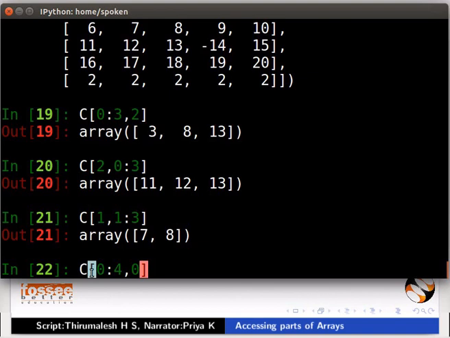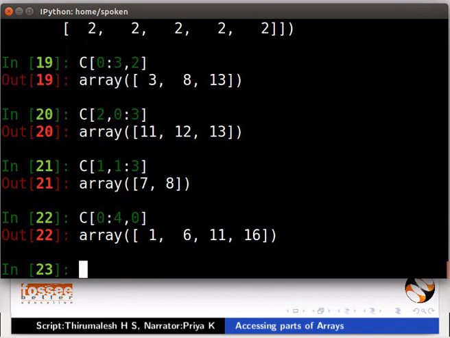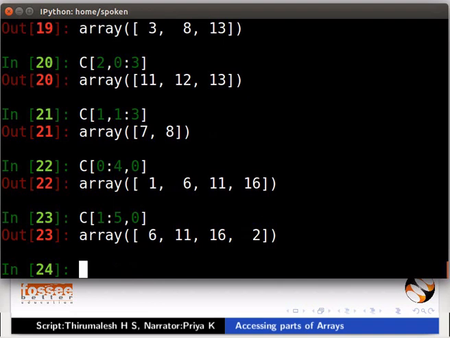Type C[0:4,0]. We get the elements 1, 6, 11 and 16. Type C[1:5,0]. We get the elements 6, 11, 16 and 21. We can also get the same elements by typing C[1:,0].